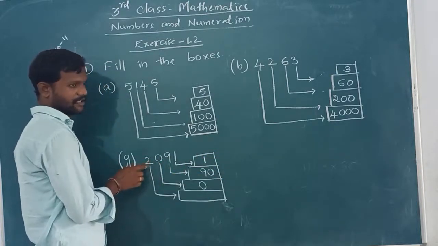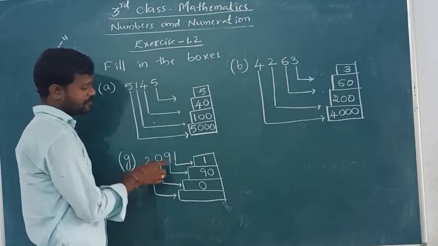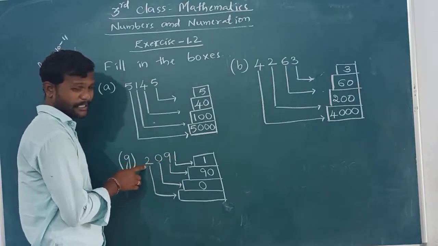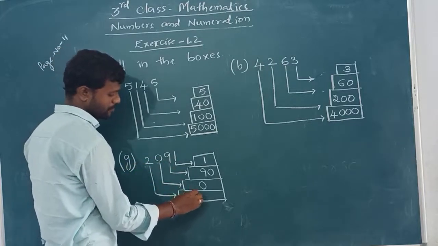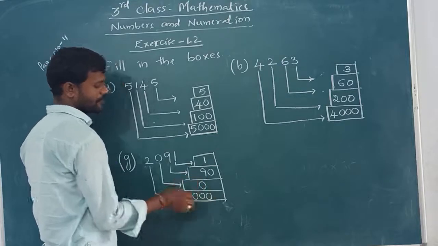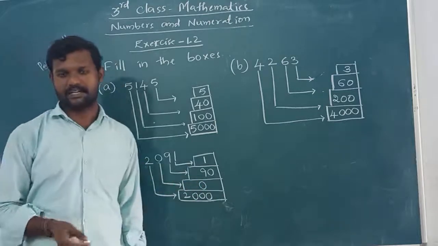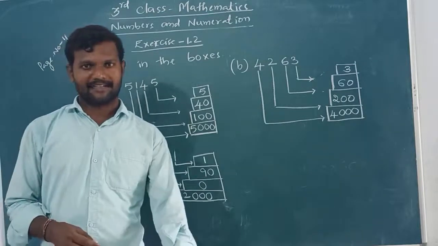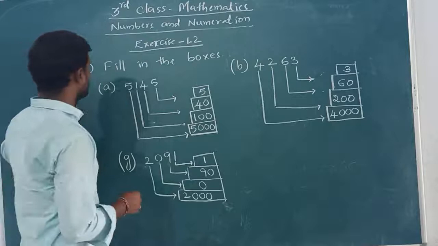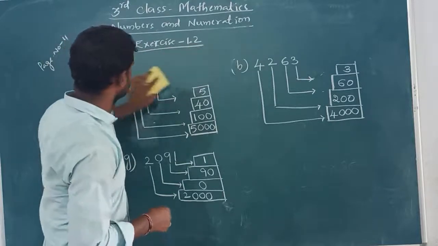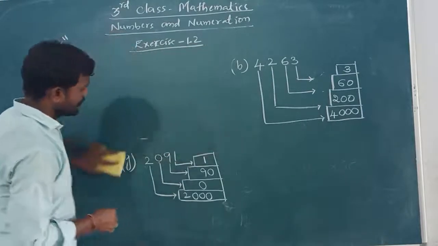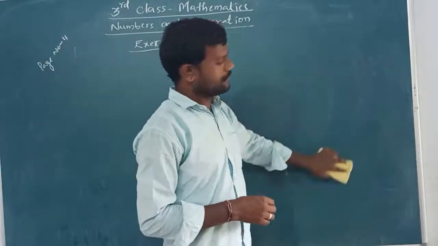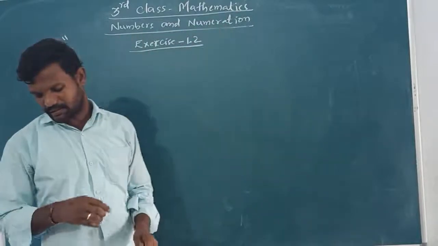Next, this number. What is this? 2 is in which place? Ones, tens, hundreds, thousands. So 2 is in thousands place. That's why what is the place value? 2000. Like this, we have to complete the place values. Okay. After this bit, second bit is also there. What is the second bit? Complete the first bit in the textbook yourself. Write down. Complete it and then start the second bit.